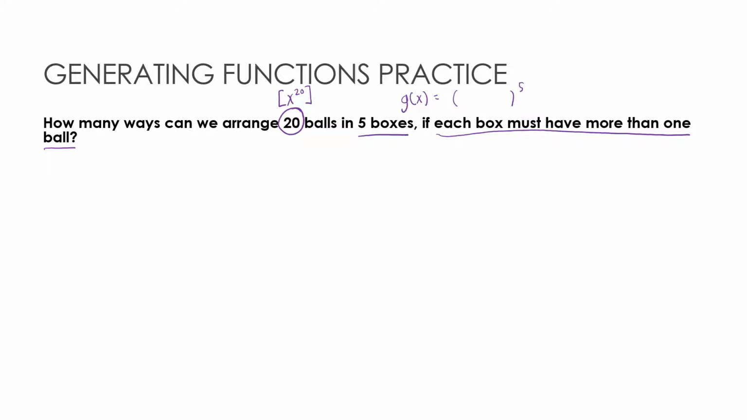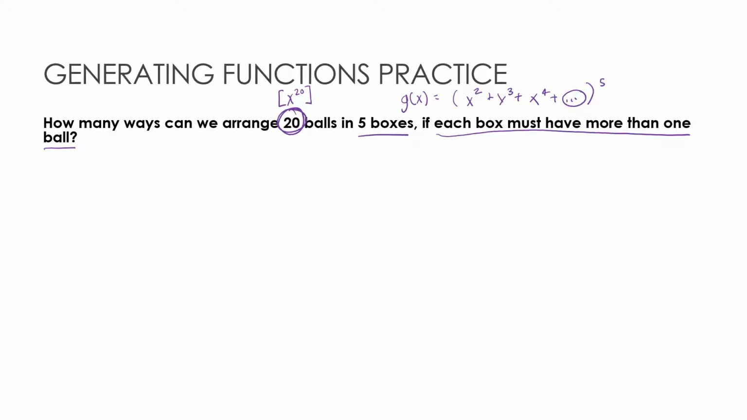So what does that tell me? That tells me this part, g of x, means more than one. That means 2 or more. So x squared plus x to the 3rd plus x to the 4th, etc. Now, do I have an endpoint? Well, an endpoint sort of 20, but really it doesn't say, we only care about the 20 balls, but it doesn't say I don't have 100 or 1,000 or 1,000,000 balls. So I can just use this